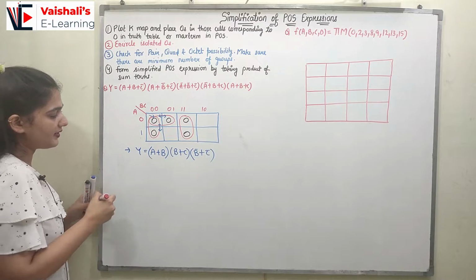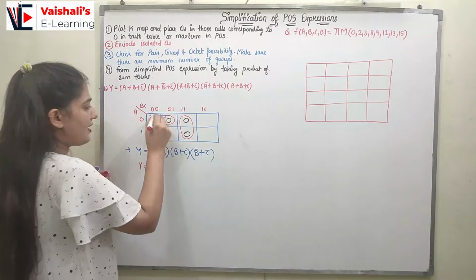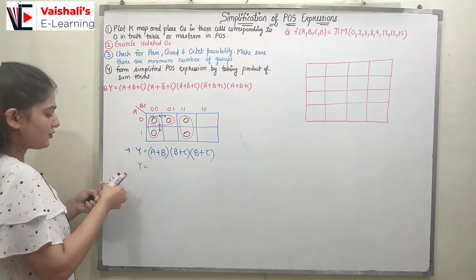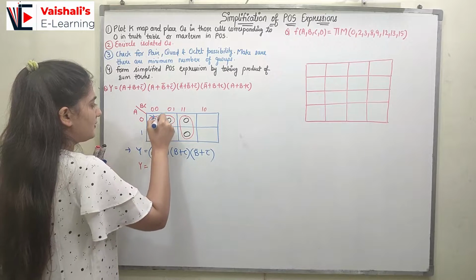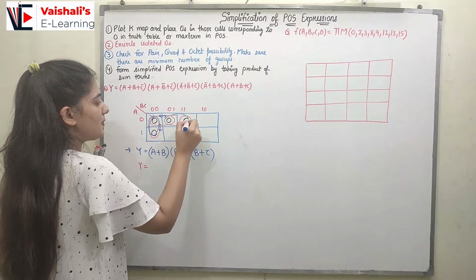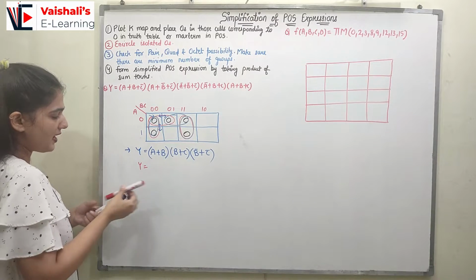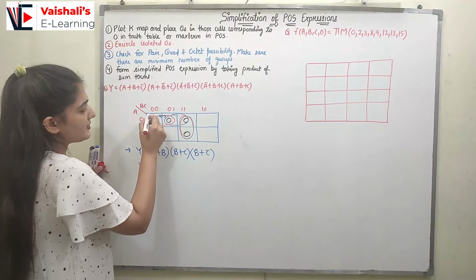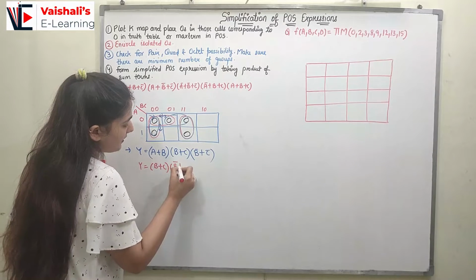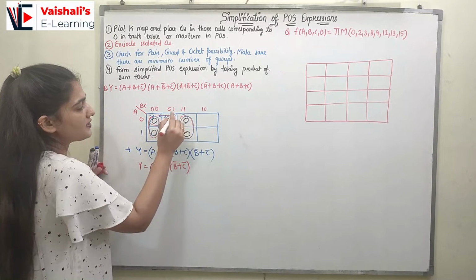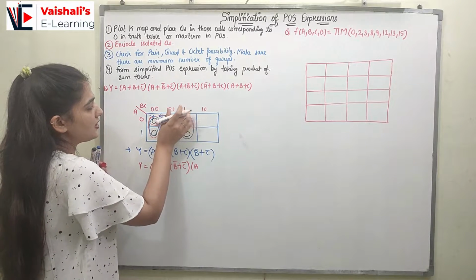Now I will take another possibility, where I have not taken this group. The first group I have taken like this. This is my first group, this is my second group and this is my third group. Now here 2 groups are the same, and are represented as before. So here we have B plus C and B bar plus C bar. Now the third group is changed, which is this and this. For that A is the same. What is now changing?